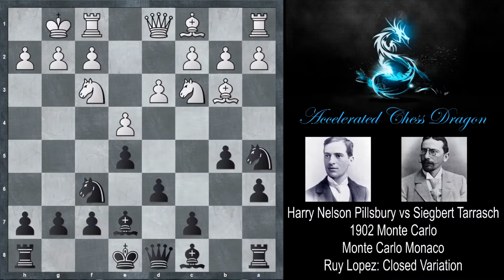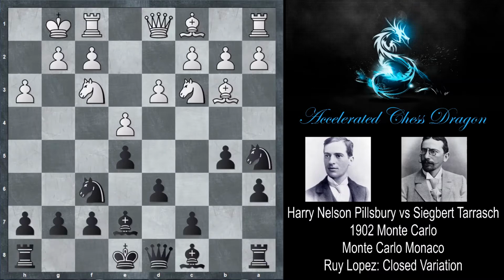and most likely trying to exchange the knight for the bishop. h3 by Pillsbury, and here Tarrasch makes an interesting decision. He doesn't actually capture the bishop on b3, play bishop b7, and then castle. He instead plays the move castles already, and he actually has no intention of capturing the bishop on b3,